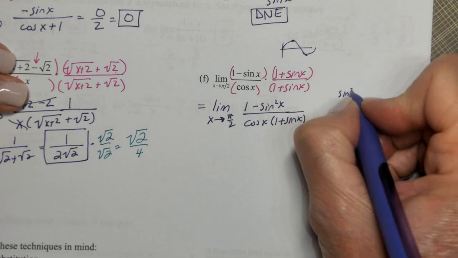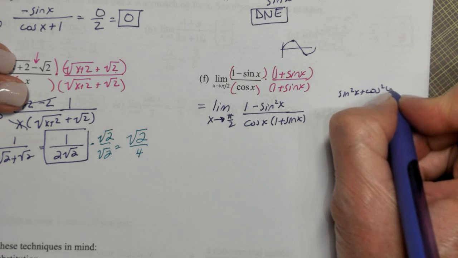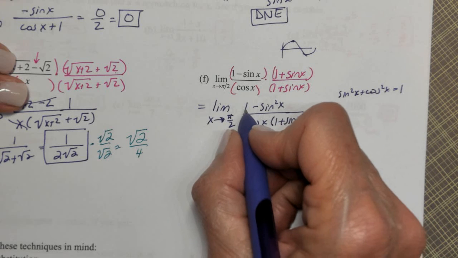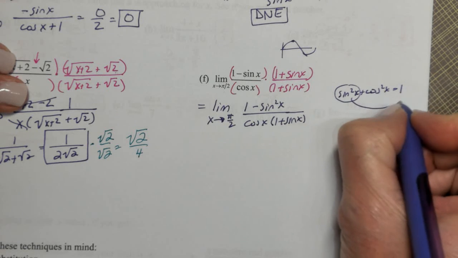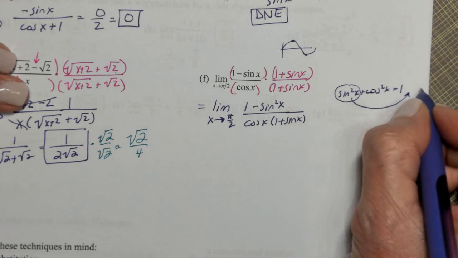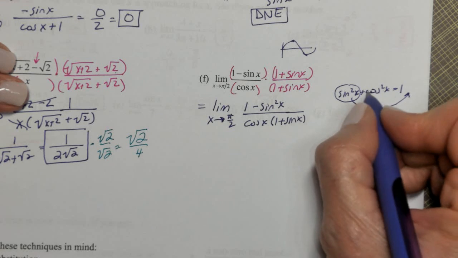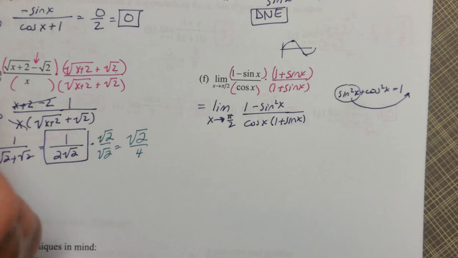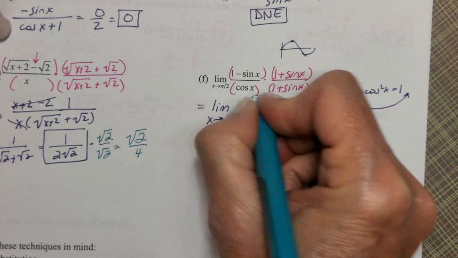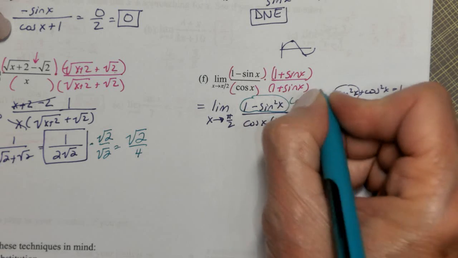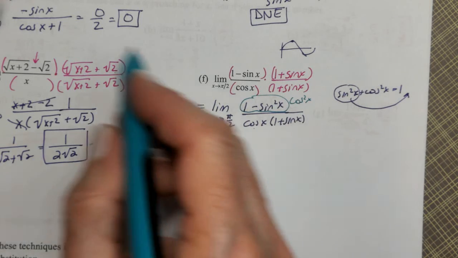Well, sine squared x plus cosine squared x is 1. I want 1 minus sine squared x, so I'm going to move the sine squared x to the right, where it's going to be a minus. 1 minus sine squared x, I'm left with cosine squared x. So this right here is cosine squared x. One of these cosines reduce,